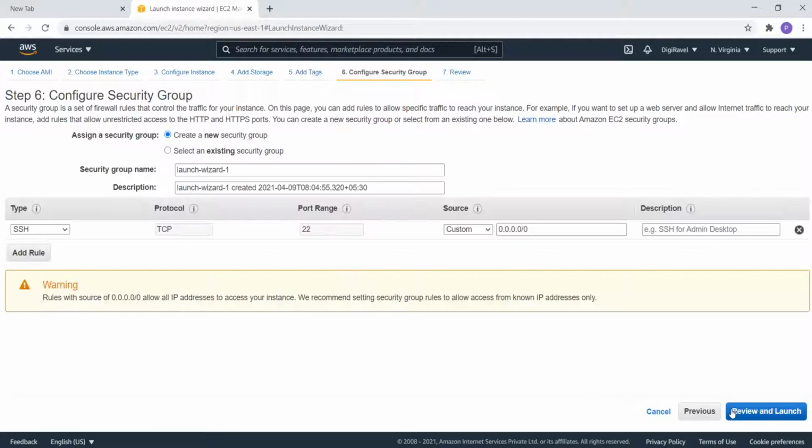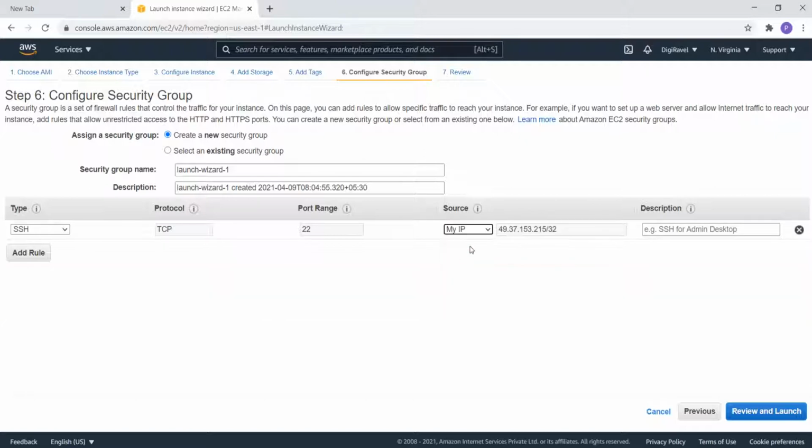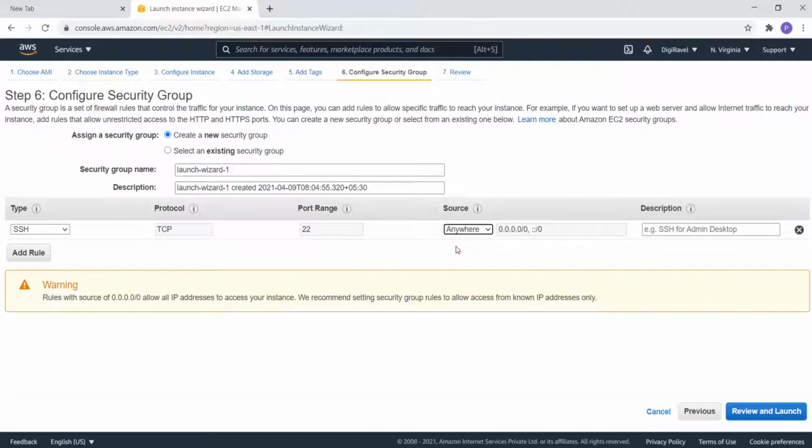Next you can configure the security group. Whenever you configure the security group, you can have your SSH to be able to log in from a particular IP, or you can say that it can log in from anywhere. If you select my IP, it will be just from my system, the laptop which I am currently working on. You can't SSH from any other system. So we can just change back to anywhere. If you see, you are getting a warning saying that anyone can access your instance.